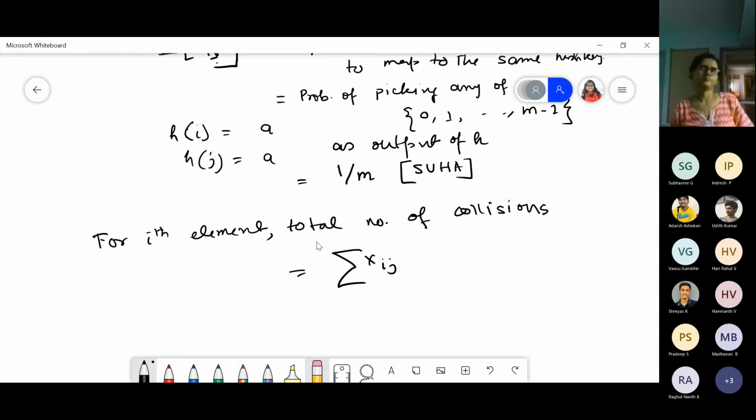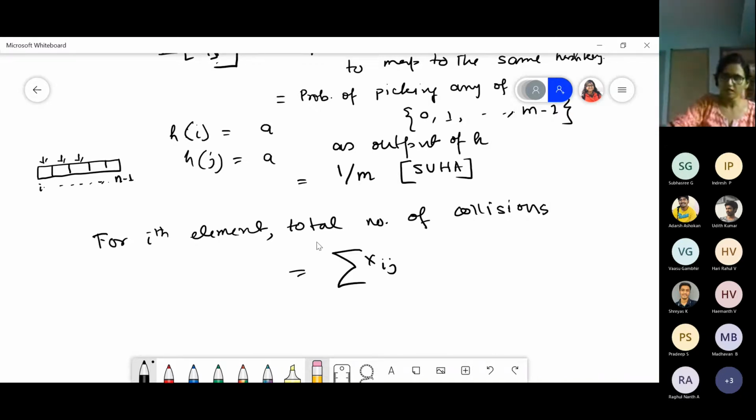Say I have the chain like this, or this is an array, just for the sake of simplicity. Consider that this is the first element in the chain, this is the second element, this is the third element, in this way. The last element we name n minus 1. So according to the position in the chain, we are naming the elements.